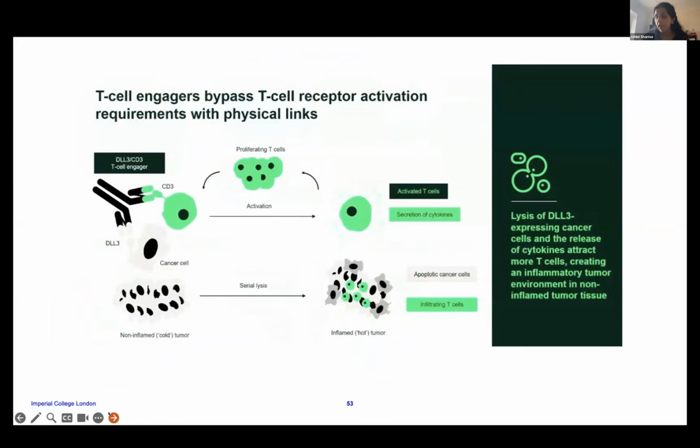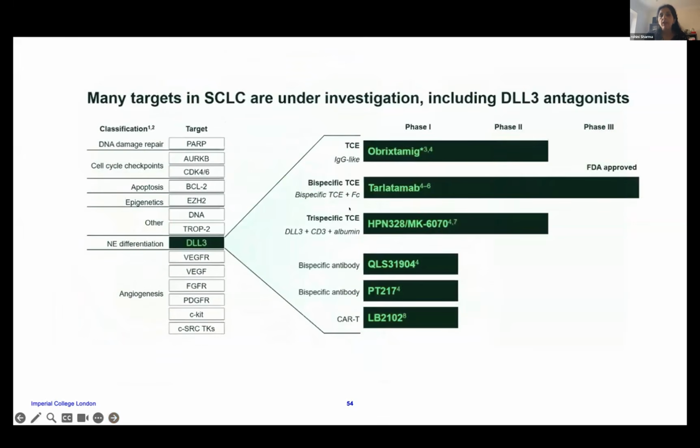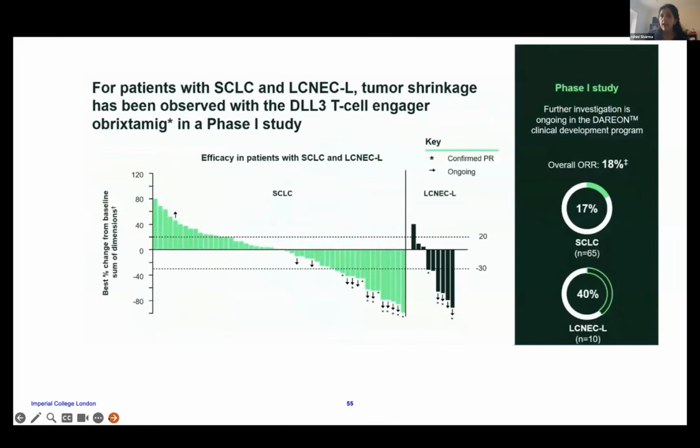And everyone will probably want to know about immunotherapy. Currently, there is no evidence for immunotherapy for the management of these tumor types. I think what's really interesting is the DLL3 receptor. And we know that there are quite a number of trials now looking at this T-cell engager compound, which is now coming into clinical trial. And you can see here, there's actually quite a lot of trials that are running targeting DLL3. But this again is mainly patients who have a higher grade tumor type.